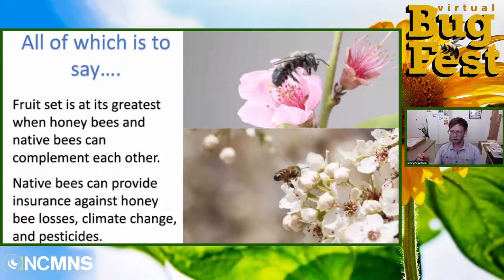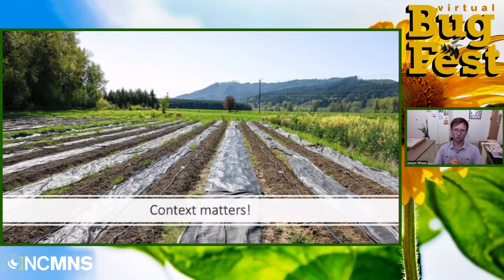But one thing that makes it more complicated is that the context really matters. Many of these studies are done on smaller scale farms, often in the eastern US, and many of these farms kind of look like this. You have the farm, surrounding the farm, you have some woodlands, and you have some native forests nearby. And in small scale farms like this, it has been shown that wild bees do the majority of the pollination.